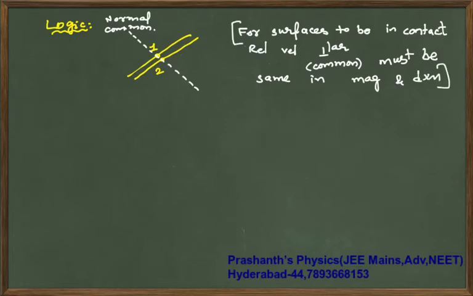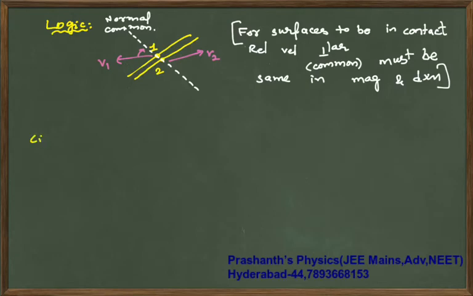So that means your velocity of 1, its component, your velocity 1 could be in any direction. It could be this way, that way, any way. But that velocity's component in the normal direction, and velocity 2's component in that direction, must be the same. In such a case, they will not lose contact. Now, this might look confusing for you, but for now, just remember it, or else I'll try to explain.